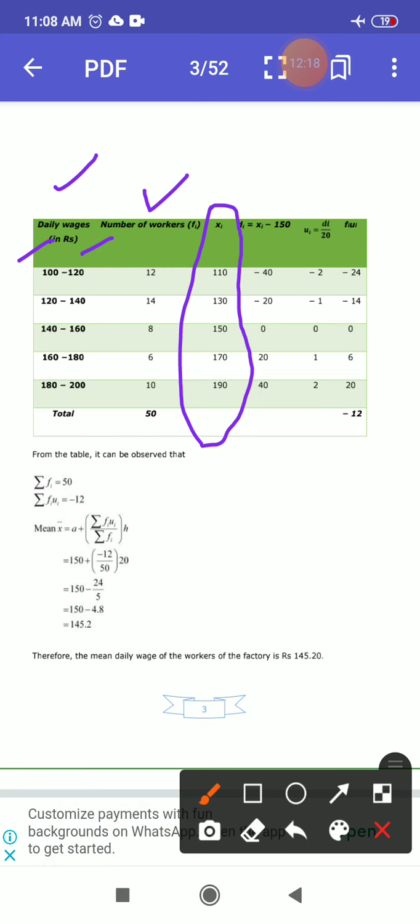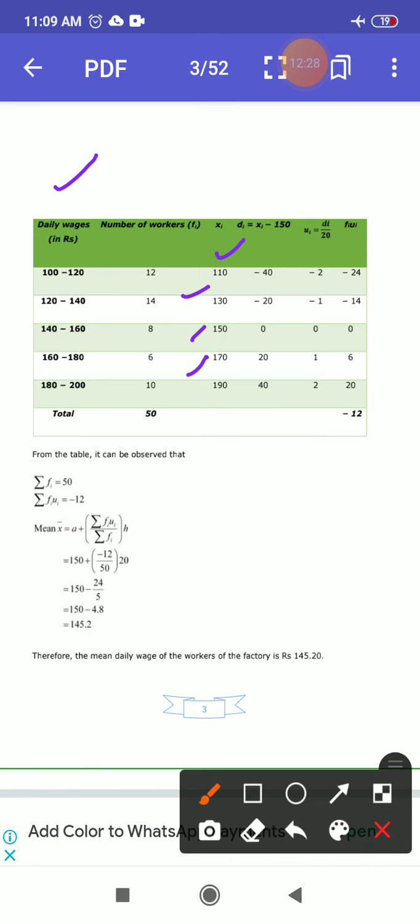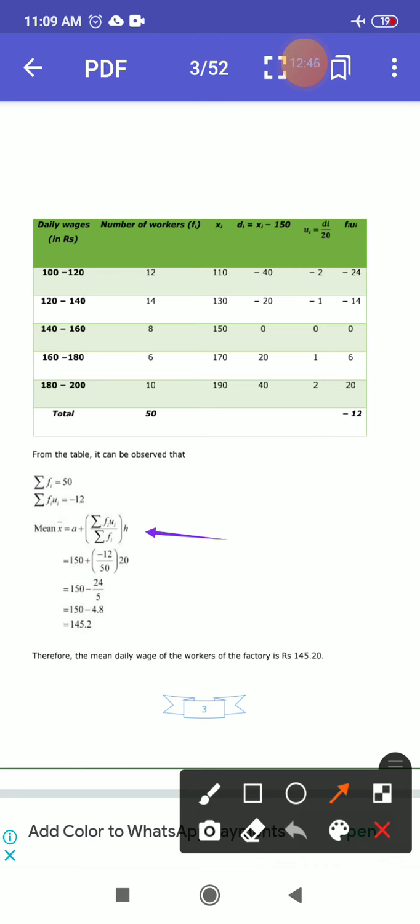Here we have to write these things. Okay, तो in the class mark this is the value of the first class mark, just like you have to write the second, the third, the fourth, and the fifth class mark. And then after what you do here, you have to find, first of all you know what is the formula to calculate the mean with the help of assumed method. This is your formula to calculate the mean, and this formula helps to calculate the mean with the help of